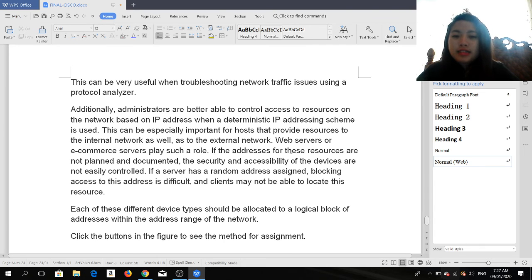If the addresses for these resources are not planned and documented, the security and accessibility of the devices are not easily controlled. Each of these device types should be allocated to a logical block of addresses within the address range of the network.